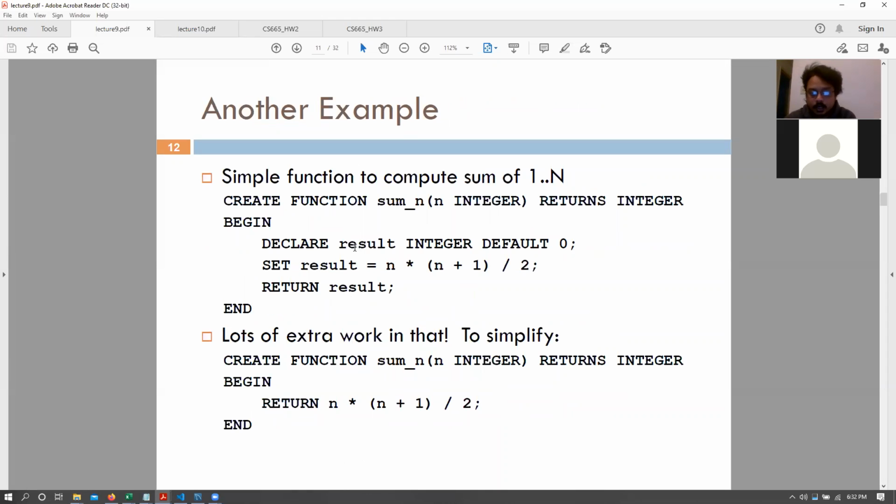Essentially we talked about this, but this says that you can declare your own variables and then set the result of that variable to whatever you want. Here we are setting it to n times n plus 1 by 2 and then returning the result, where n is the parameter that we are passing. We can also just say that there is no variable here. We can directly return the result if we want. That is also fine. This is to show that return can also return the values of entire expressions. That much SQL does allow you.